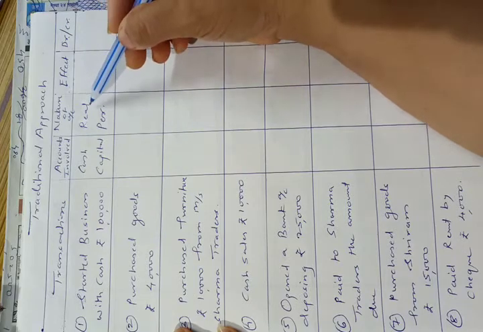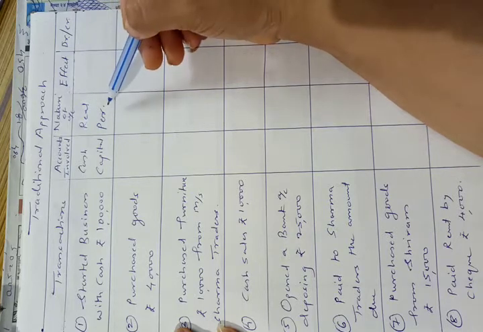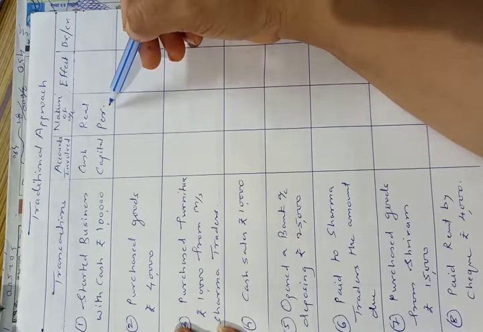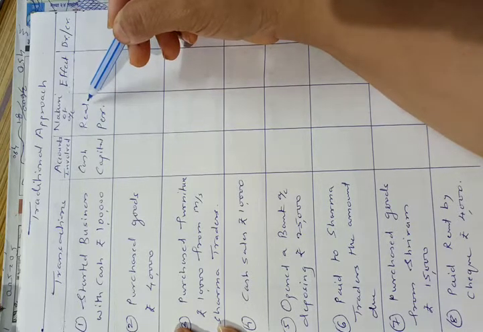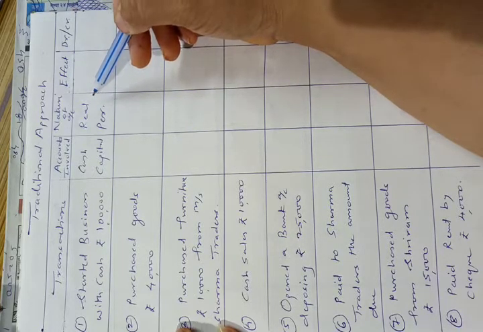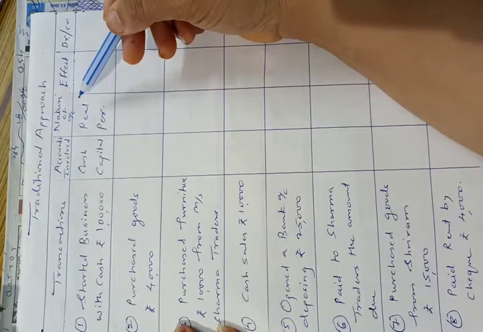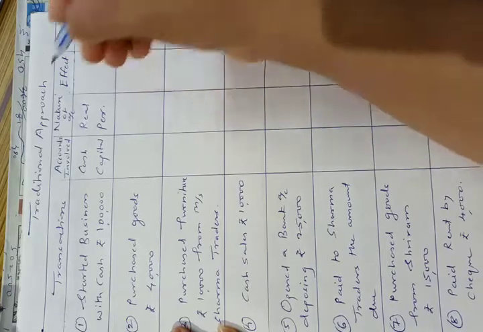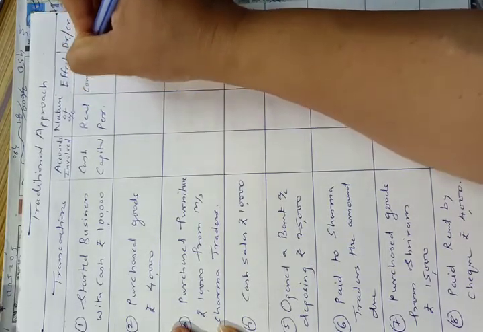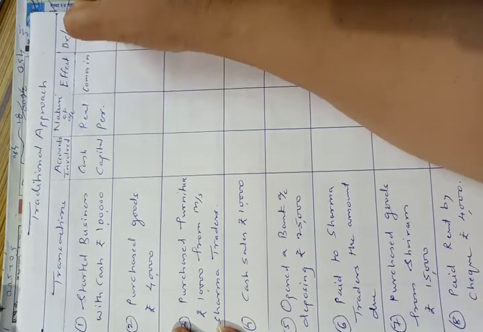To decide debit and credit of cash account, we have to follow the rule of real account, and to decide debit and credit of capital account, we have to follow the rule of personal account. First, cash account, which is real account, and the rule says that debit what comes in, credit what goes out. Here, as the owner is investing rupees 1 lakh cash into the business, from the point of view of business, cash comes in. So comes in, and the rule says that debit what comes in. So cash account will be debited.